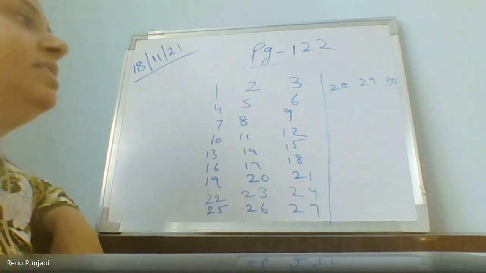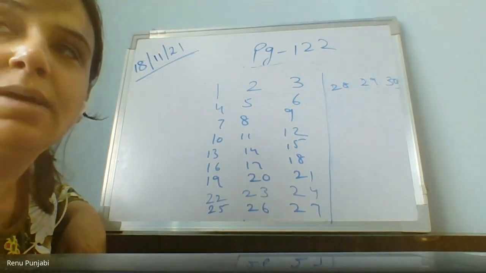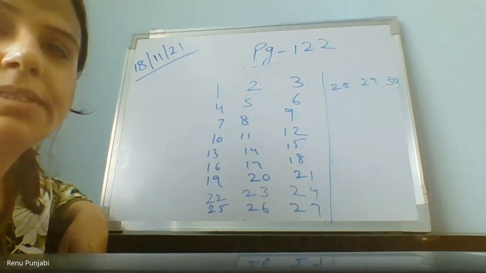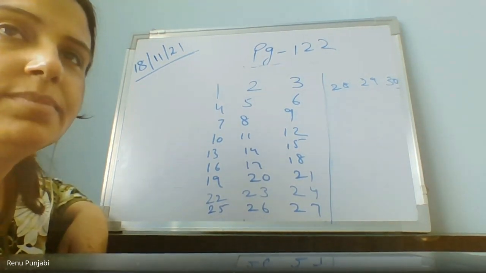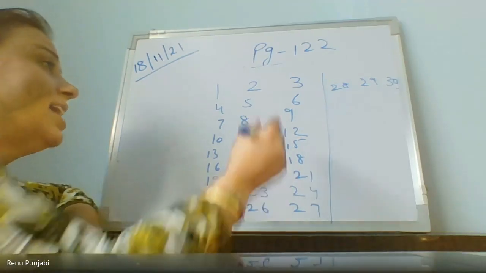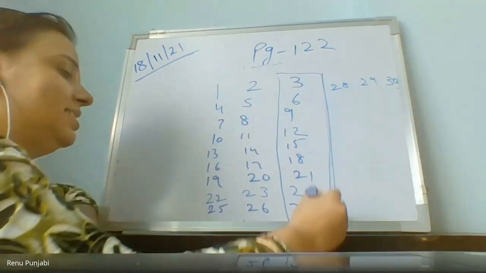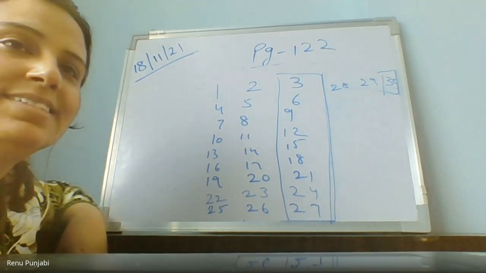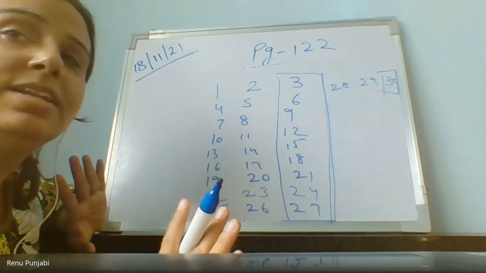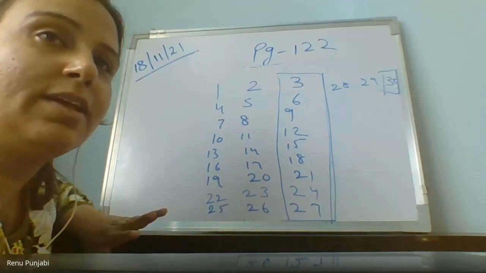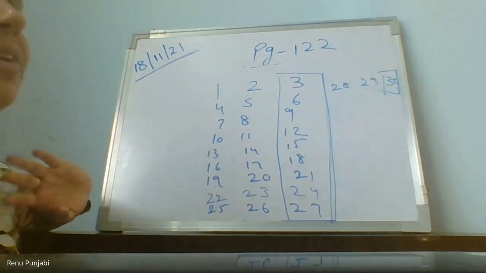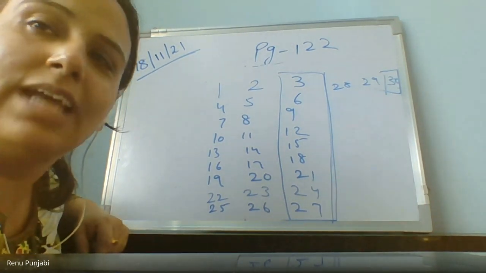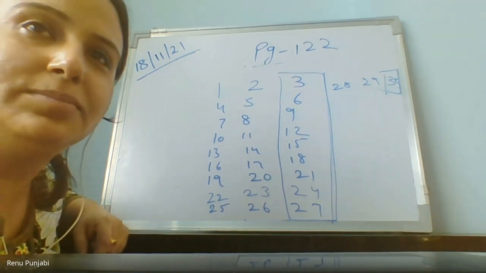When I have written the numbers till 30, by looking at these numbers, have you observed something? Yes, Viva, the table of 3. Yes, with the last line, the table of 3 is coming. Got it? What have you done? You have not learned the table of 3 separately. You just wrote the numbers from 1 to 30 and you got the table of 3. Is this a nice idea or not?